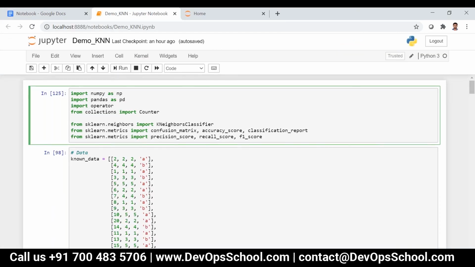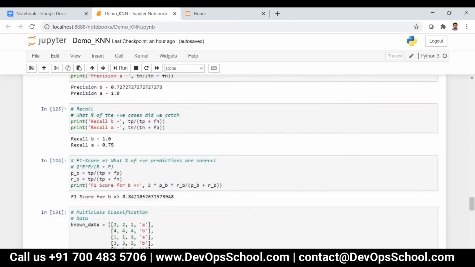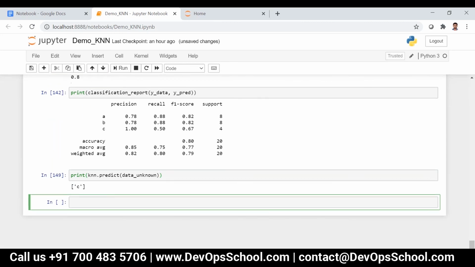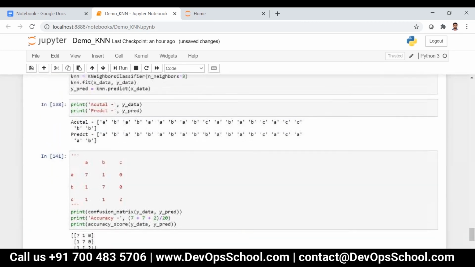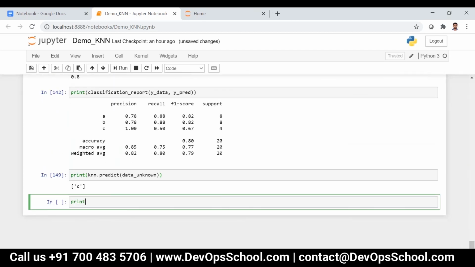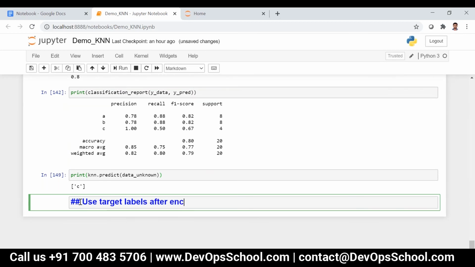Now let me take this one, the same one which we have seen before. Let me take the array first. Let me use target labels after encoding.